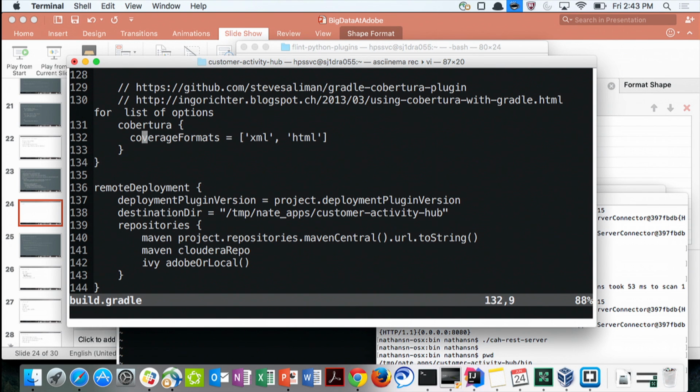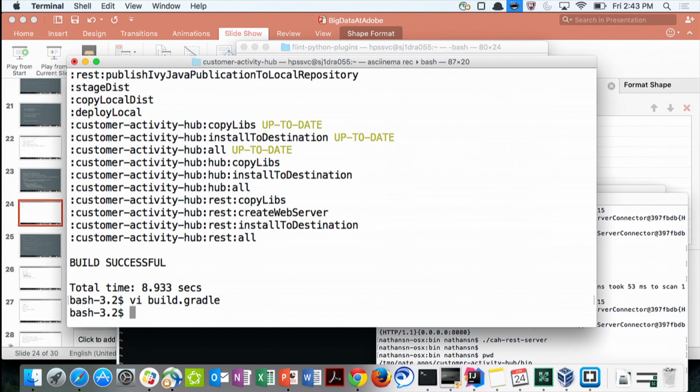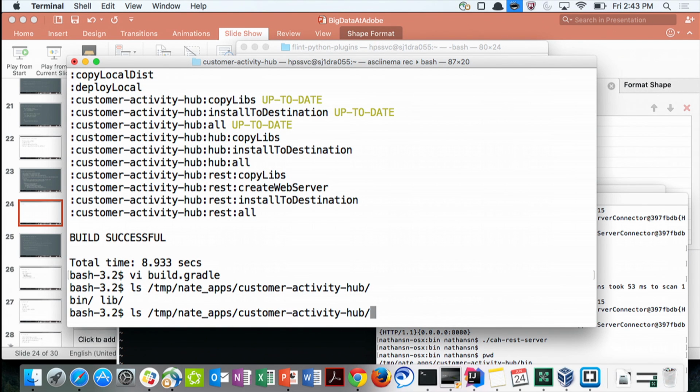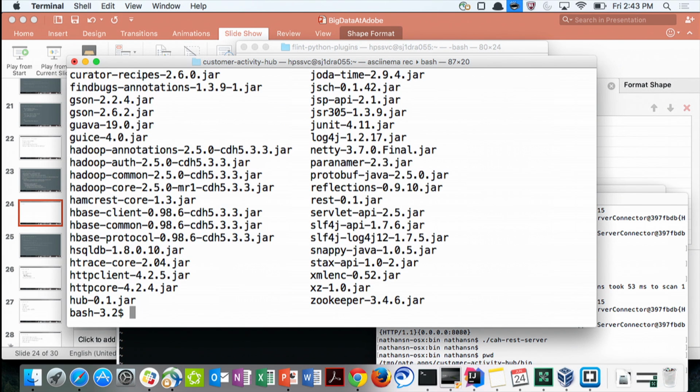And so I did a deploy local. It's going to deploy it to the temp nate apps customer activity hub. I guess I should have shown that it wasn't there before, but there's the executable directory, and then all the libs, which is just going to be everything that was pulled down from Artifactory and available, all the Hadoop stuff. And so from that location,